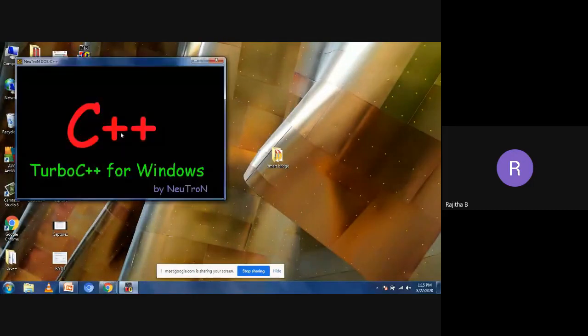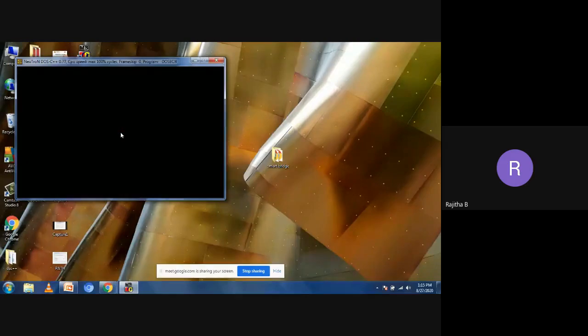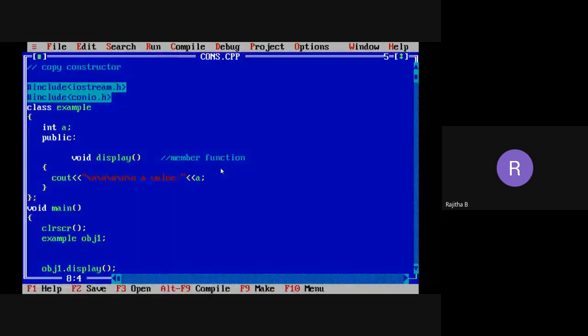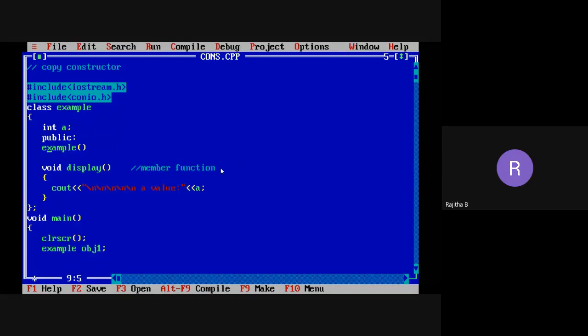We just discussed what a copy constructor is; now how to write the statement. Here I'm taking int a, only one data member. Then I take one constructor named Example, and I'm passing some value. I'm taking the parameter x here.